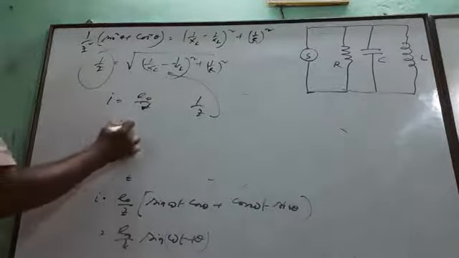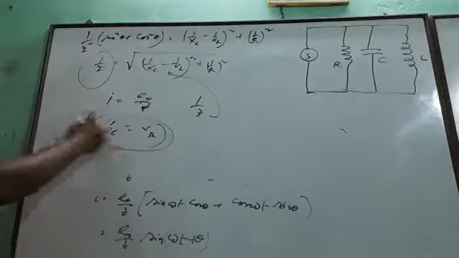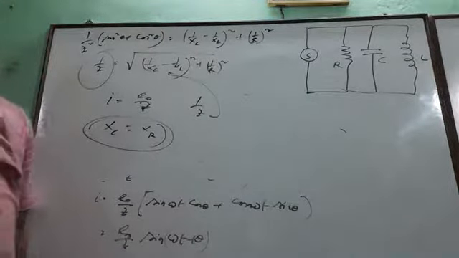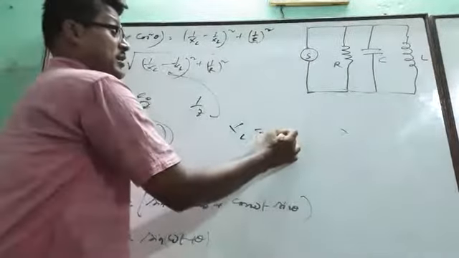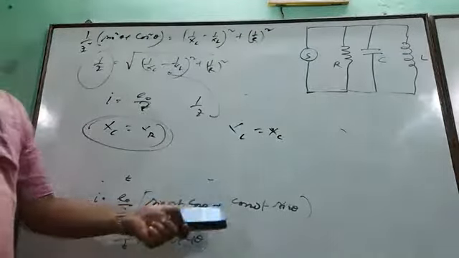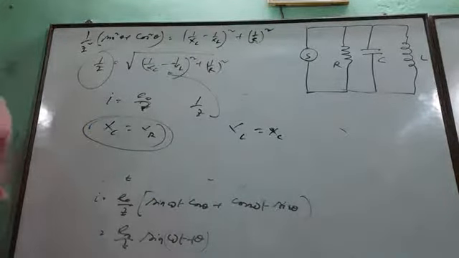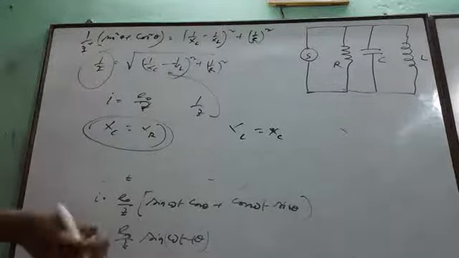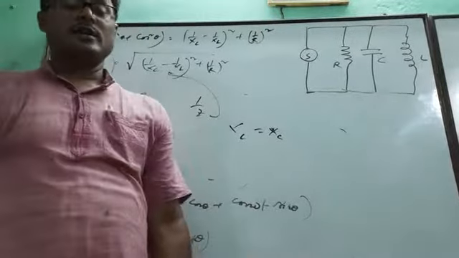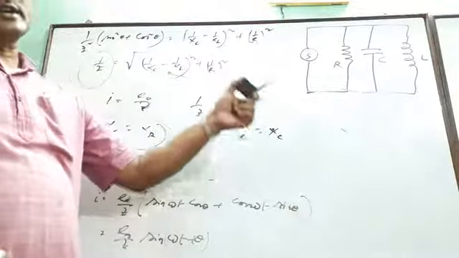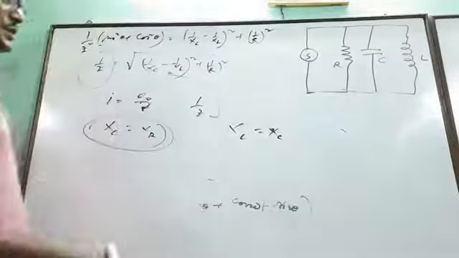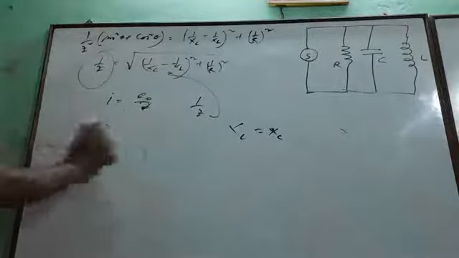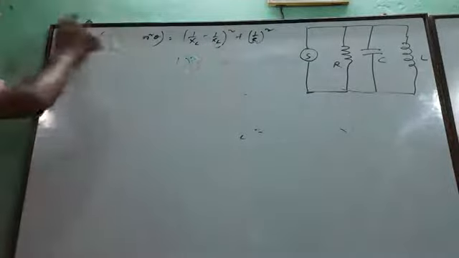Now if we find here XC equal to XL, then the current becomes minimum in the circuit, which is known as the rejector circuit. But in the series circuit, when XL equals XC, the current becomes maximum, so that is the acceptor. Here when XL equals XC, it becomes minimum. That's why it is known as the rejector circuit. Okay, so this is the system where the components are connected in parallel combination. Actually these are also resistances, so you can say that also, but it's better to say the components are connected in parallel combination.